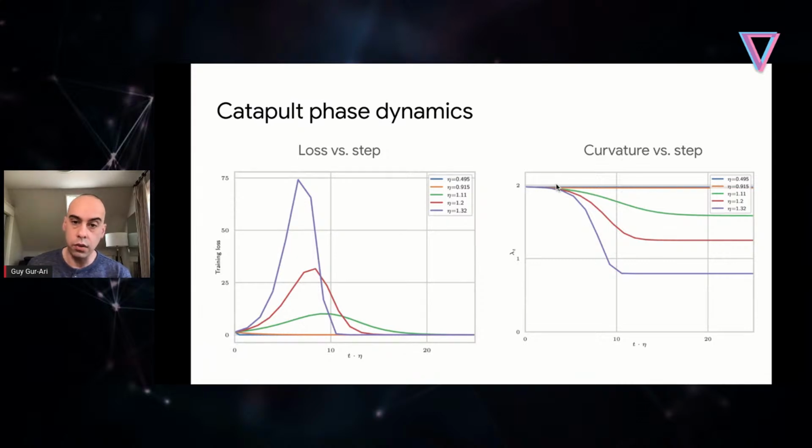And we can also look at the curvature versus step size. We see that when we train with small learning rates, we have the linear model behavior where the curvature is constant. And when we train with large learning rates, we see this decrease in the curvature due to the catapult effect. So again, the same as the results we've seen before, the toy model is capturing these results. We've seen this before for a fully connected network with ReLU, like an ordinary network. Now we see the same results for the toy model.